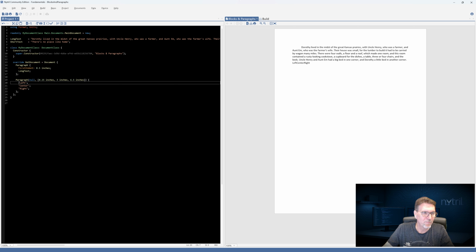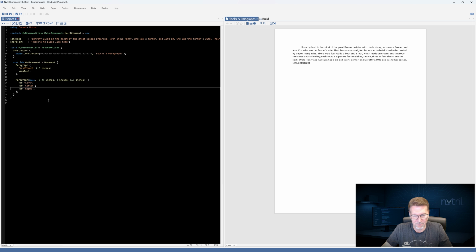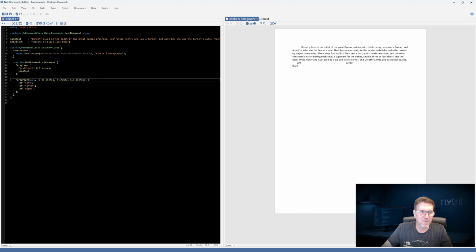So if we want to use tab stops, we have to have tabs. So we'll just put tabs in there. And I need to reduce the size of one of these. There we go. So we've got one on the left, one in the center, and one on the right. There's our 3 tab stops. But we can take this one step further. Since tab stops aren't really encountered many other places other than paragraphs, it's a good idea to explain them here.